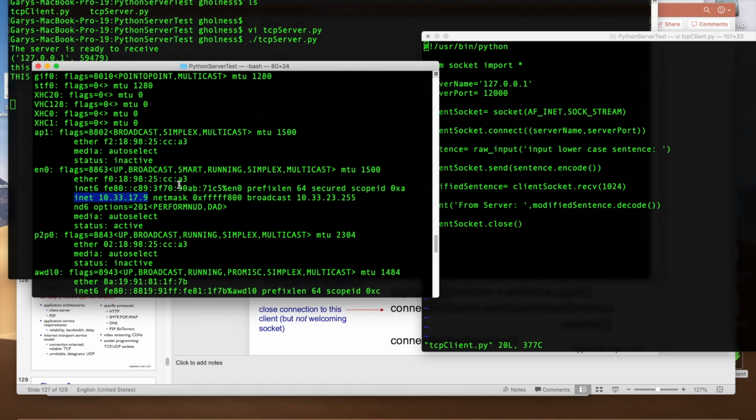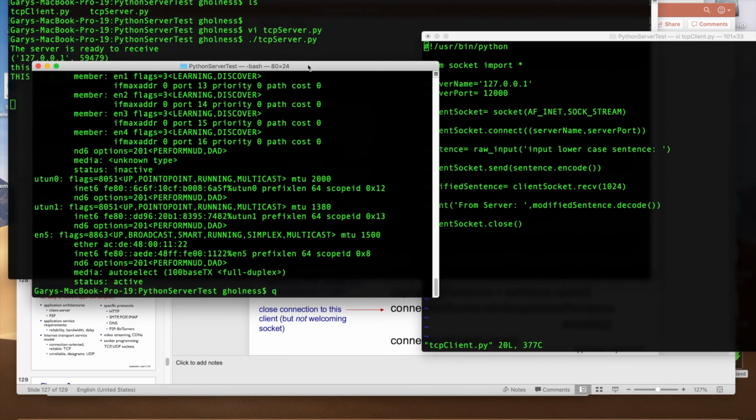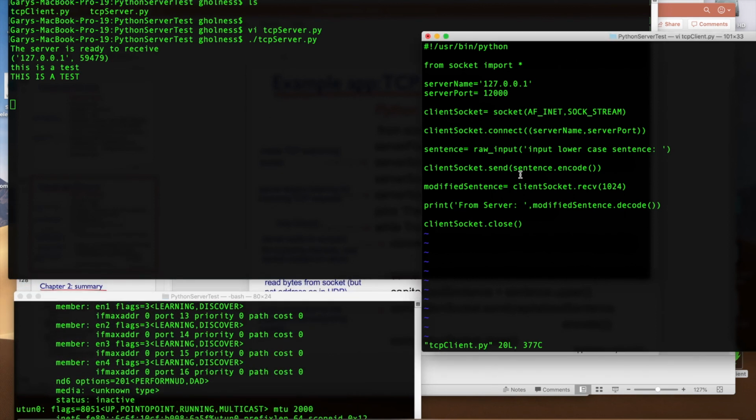And so you can go in and look up the address, but if you're running the client and the server on the same machine, which I'm doing now, you can use what's called the loopback address, which is 127.0.0.1, and that's reserved for when the client and the server are on the same machine, because the operating system makes optimizations when it sees that the client and server are on the same machine. You don't need to use I/O and go to the network card. You can just use shared memory and make it much faster. And so you will certainly use whatever address is the address of the server when you specify a server name for your client implementation.